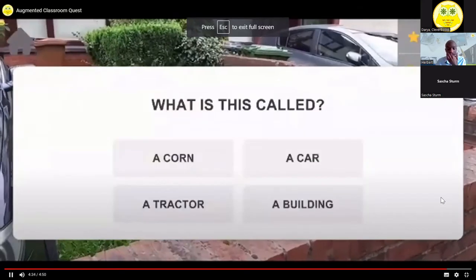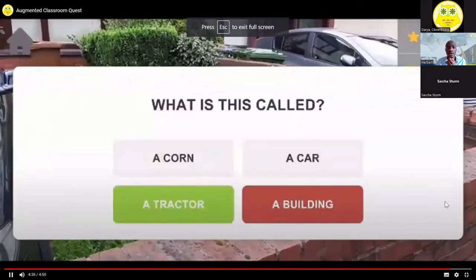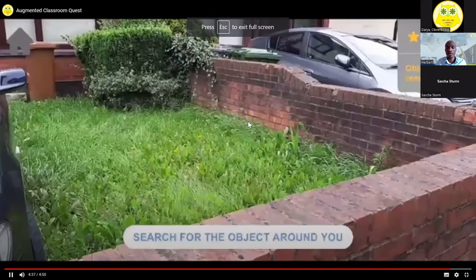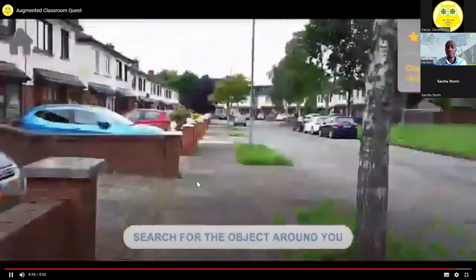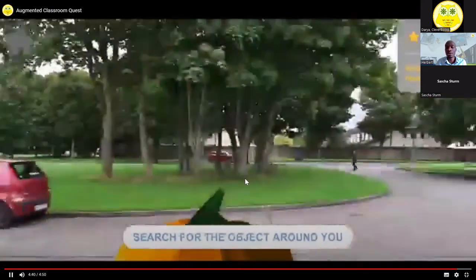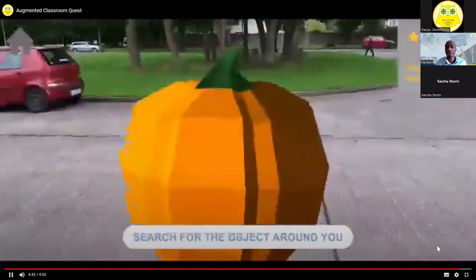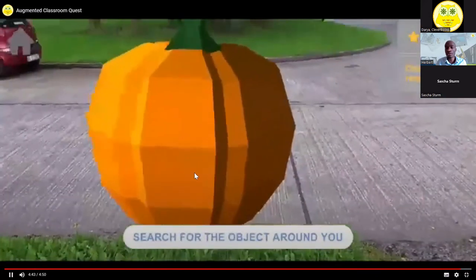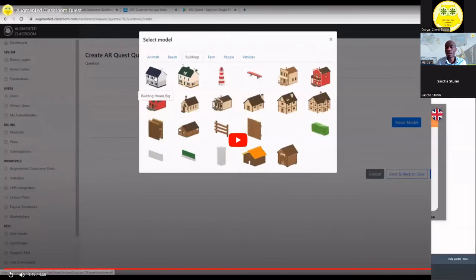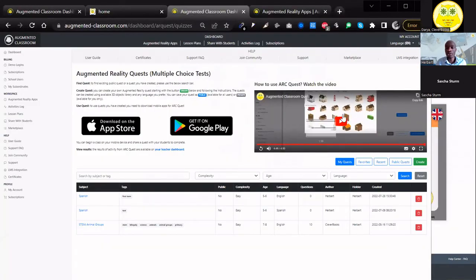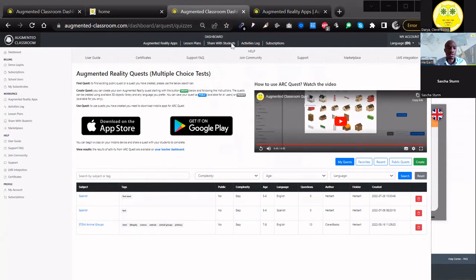you can see here, the student moves around the camera, they move it around, they're able to see, when they find the next object, it's going to bring up a new question. What is this called? And that could be any language, any concept. And to create one, you can either use the images we have, you can upload your new image, you can create your own images, and so on and so forth. Is that making sense?